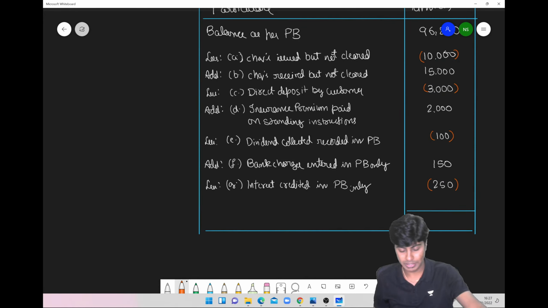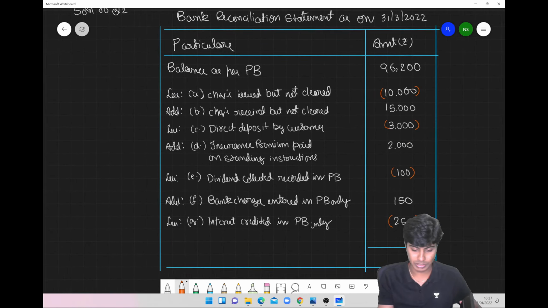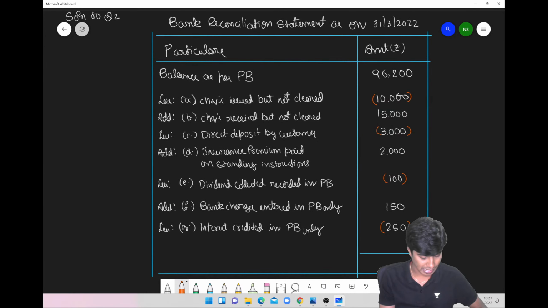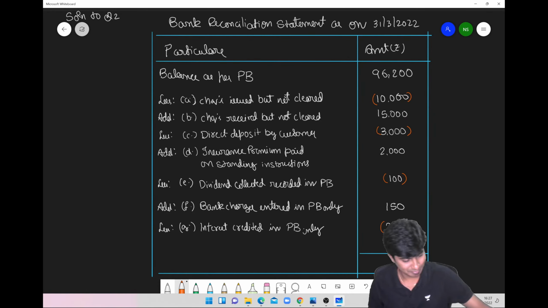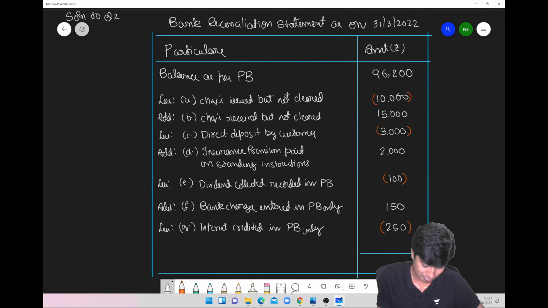Now pray to the Almighty, take your calculator and do the total. The answer should come to 1,96,200 minus 10,000 plus 15,000 minus 3,000 plus 2,000 minus 100 plus 150 minus 250. We get 1 lakh rupees. This would be the balance